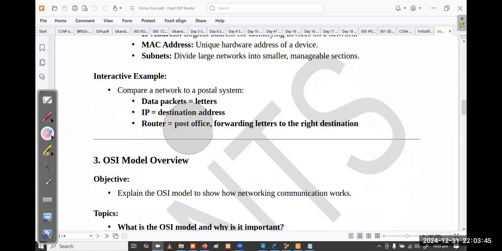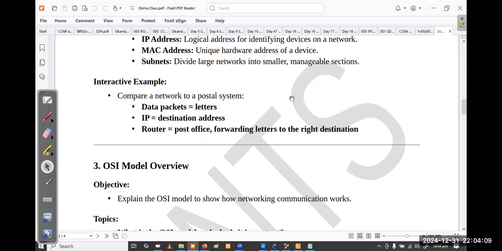This is an interesting example. Compare the network to a postal system. When you send a packet, that is data packets, this is something like a letter, right? And what is IP? That is the destination address, like house addresses, right? And what is a router? It's like a post office. The post office knows where to send the letters, in which area and what number we have to send.